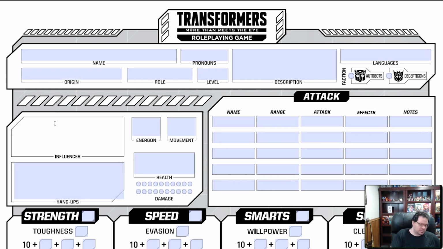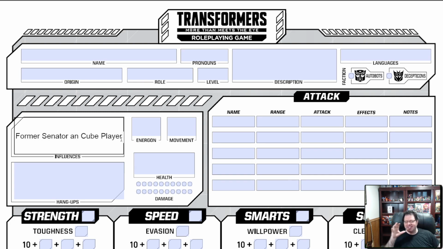So influences, we're going to go former senator. So that's the first one. And the second one, just to get it out of the way, is a 2. Is a cube player. Former senator and cube player. That is an interesting